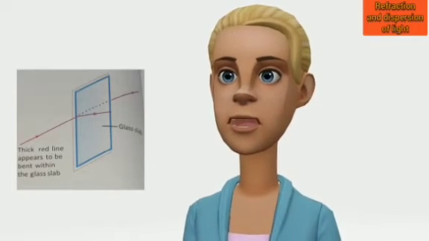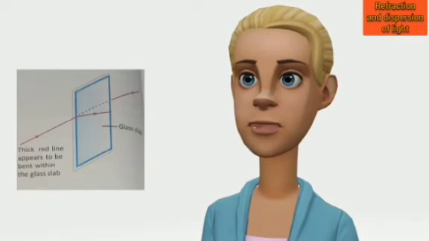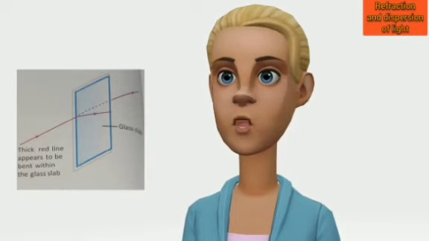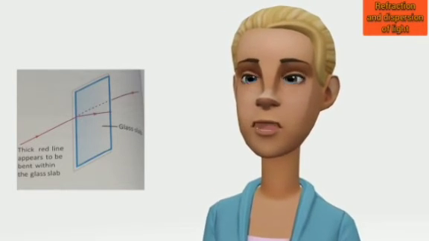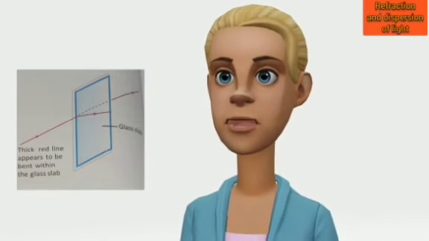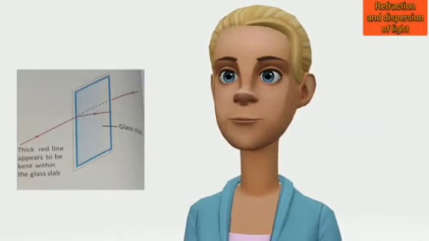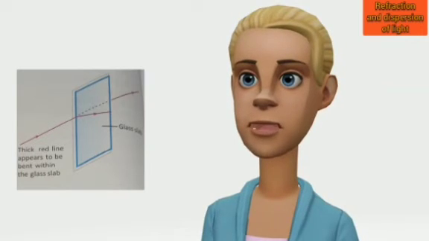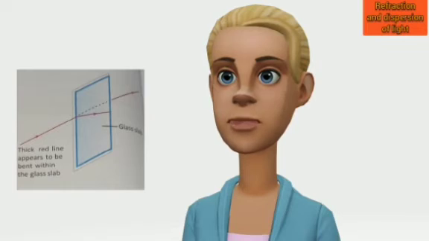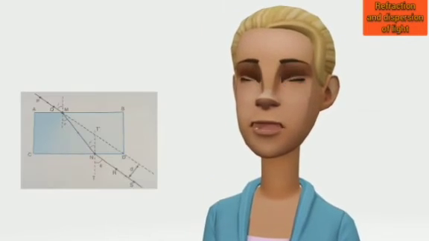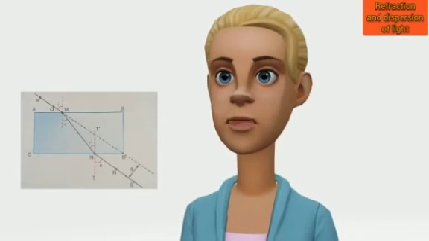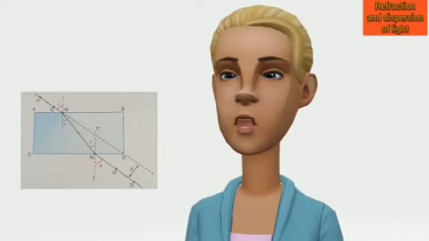The next activity is to draw a long thick straight line on a sheet of white paper using a sketch pen or a marker pen. Place the sheet on a tabletop. Now take a glass slab and place it over the line in such a way that one of its edges makes an angle of about 30 degrees with the line. Look at the portion of the line under the glass slab from the opposite edge. What happens now? Next, place the glass slab such that it is normal to the line. Does the part of the line under the glass slab appear bent now?